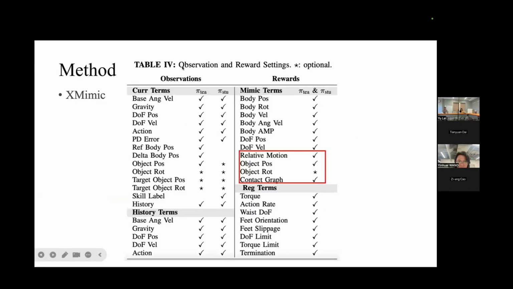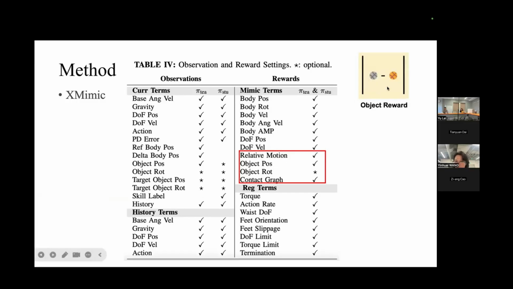And here are some details about the observation and rewards. Most of the rewards are derived from locomotion imitation works, such as those body imitation terms. The difference lies in the interaction related terms.